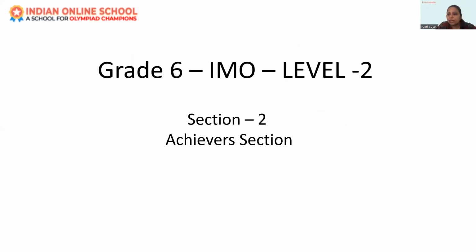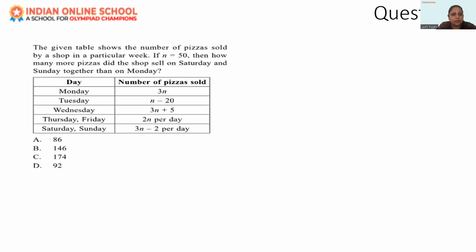Now we are done with some questions of the mathematics section. Now we will do some questions on the achiever section. Okay. So let's start now. Read the statement. The given table shows the number of pizzas sold by a shop in a particular week. If n is equal to 50, then how many more pizzas did the shop sell on Saturday and Sunday together